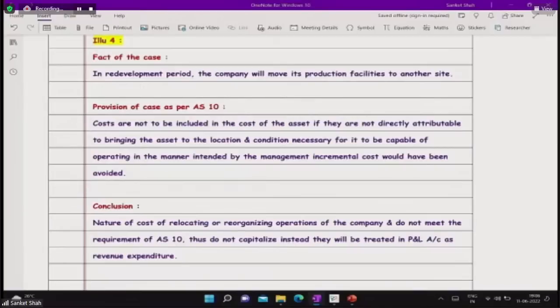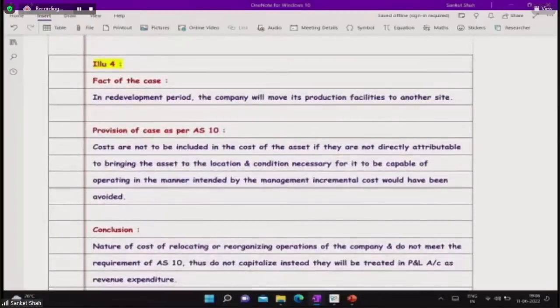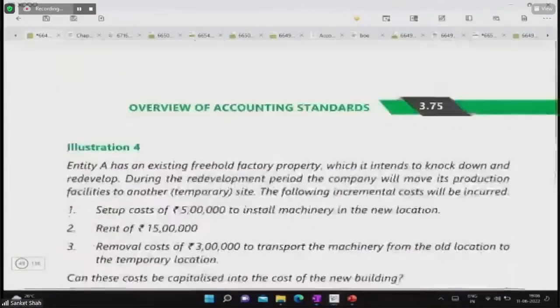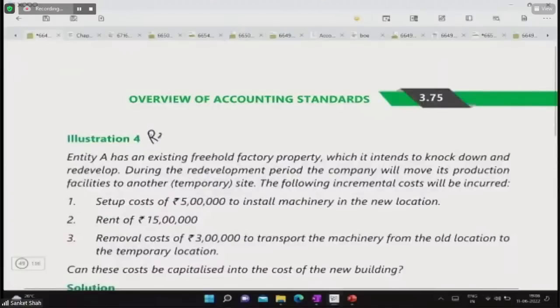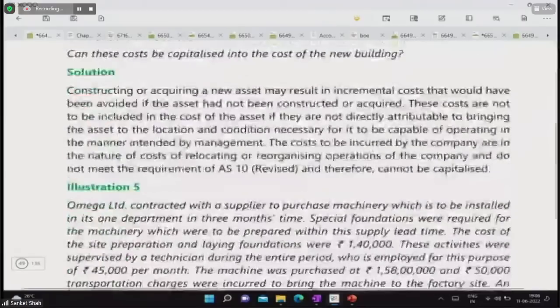I hope you got the concept, how to read the question and how to write the answer. Illustration number 4 is basically based on relocating cost. Yes, you can write on the question, relocating cost. You can write on the question better. Second one,